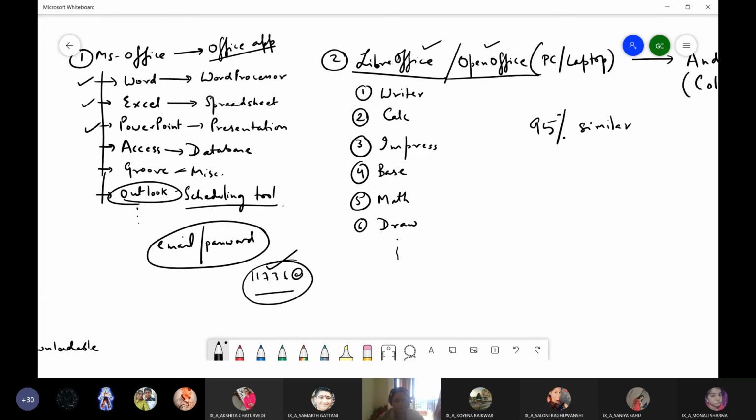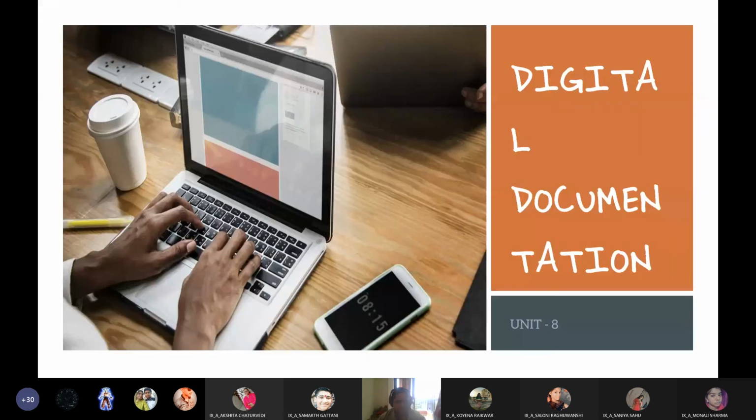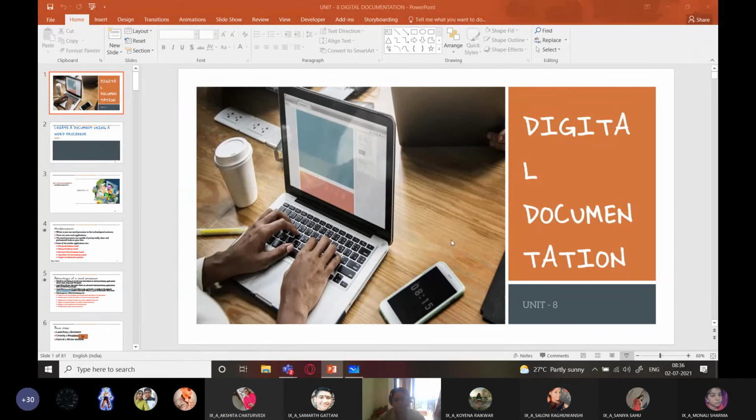So you can use the Word app on your phone, and you can also use Office 365. For those who don't have the latest version of the software, today I am also going to show you how you can use Office 365 on your computer.